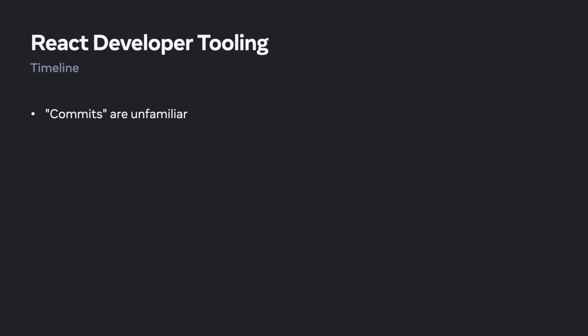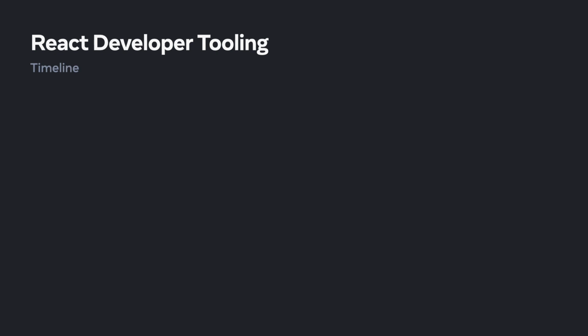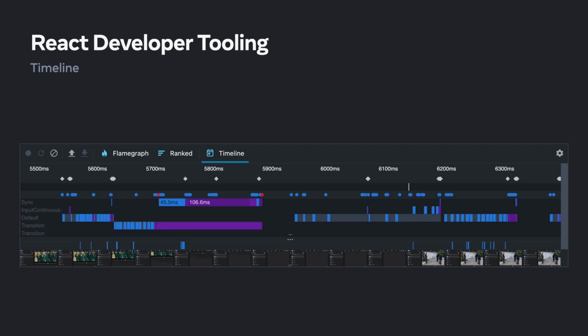Thinking about React 18 features specifically, the profiler doesn't tell us much about what goes on when React yields so that the browser can paint or run other JavaScript. And it doesn't give us a sense of how long our application spends loading data or how React prioritizes what it works on. To address these issues, we added a new tool to React DevTools that we're calling the timeline. It looks more like a traditional browser performance tool in that it shows data along a timeline rather than grouping it by commit. But unlike browser performance tools, the Timeline tab provides React-specific insights and suggestions. Let's dig into how this tool works with some examples.